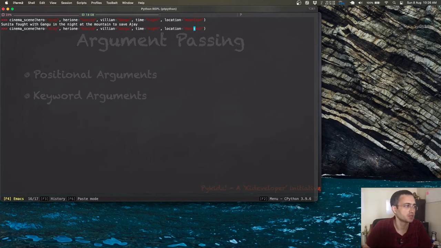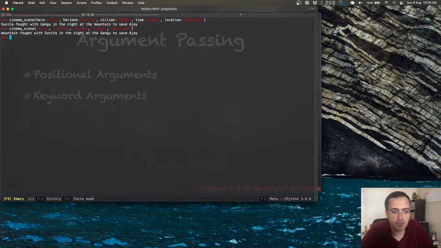Let us see what happens then. So now this is completely ridiculous, of course, right? It says mountain fought with Sunita in the night at the Gangu to save Ajay. So you see, keyword arguments have the ability to make your life very easy, right?